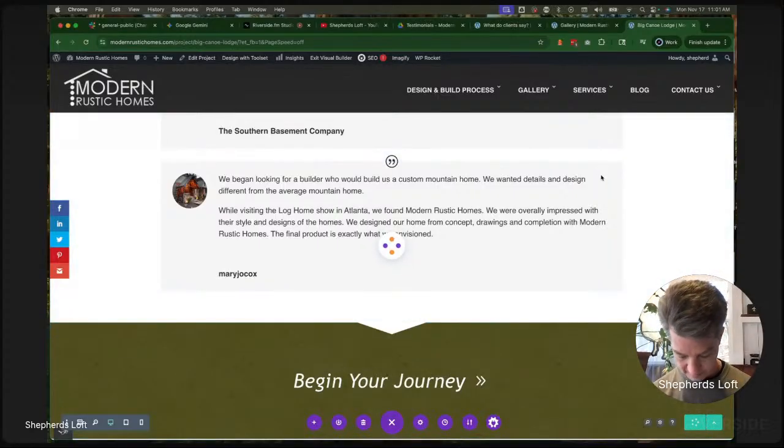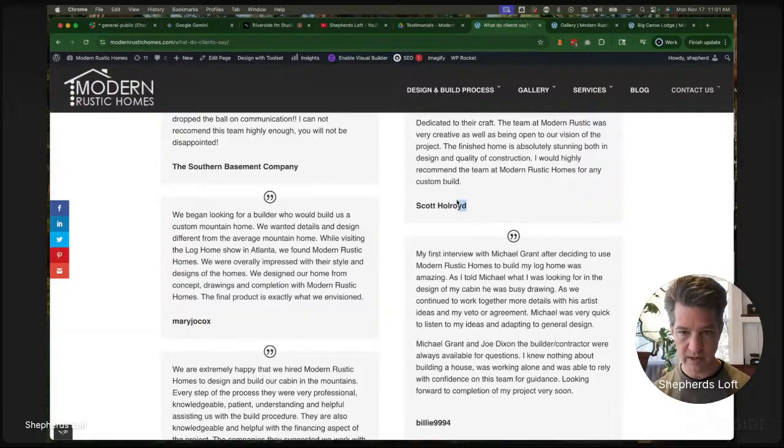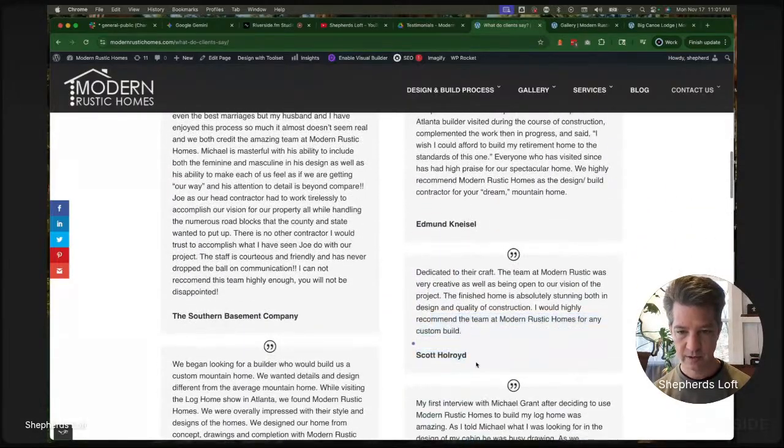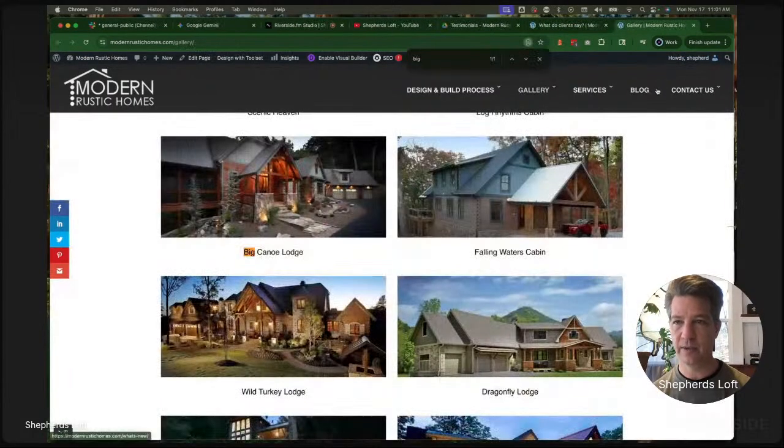Save. Okay, so going back to our testimonial page, this one right here on the other column, we can see they used a keyword phrase in here, custom build here at the bottom. So that will help in expanding the keywords on the site. Okay, so this is already exited. Command W to close. Okay, so let's find, this is going on falling waters,